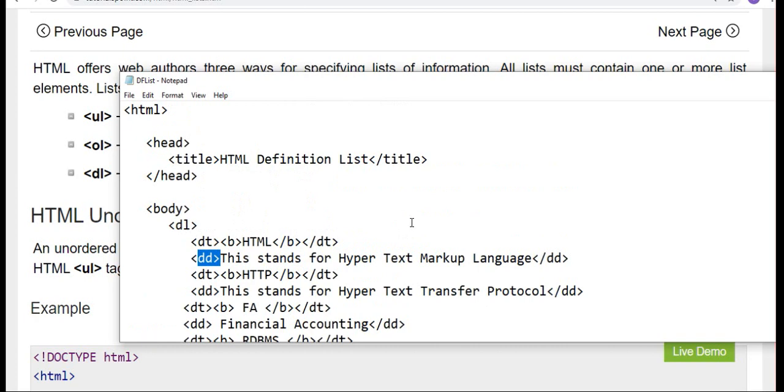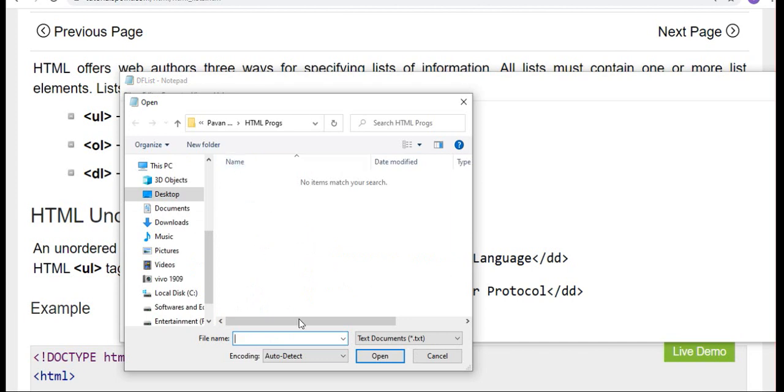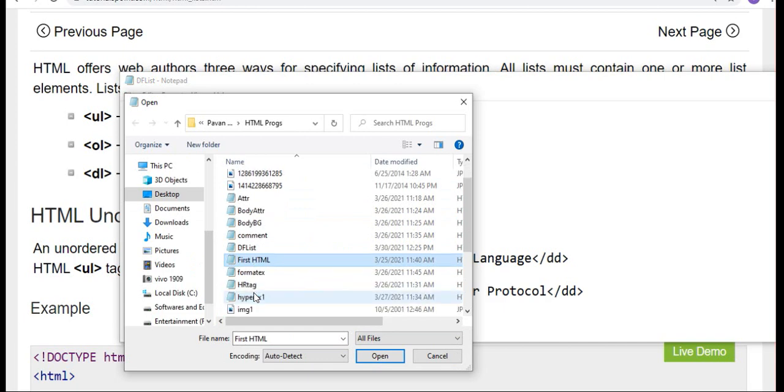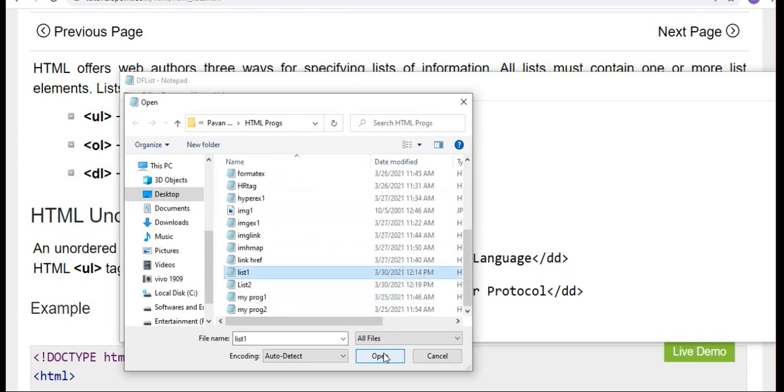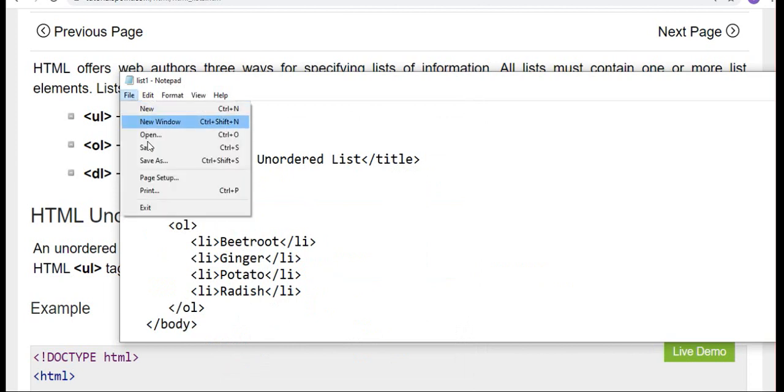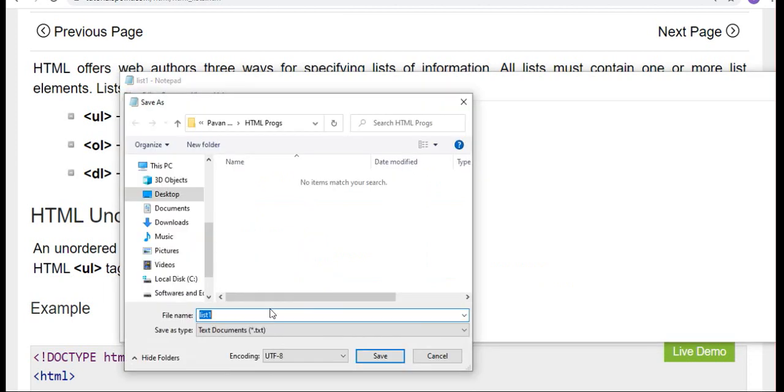Here I will write one more program with all the 3 lists for you. Open list 1, file, save as, I will make it lists.html, save.